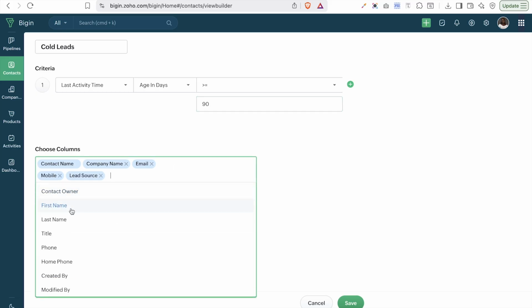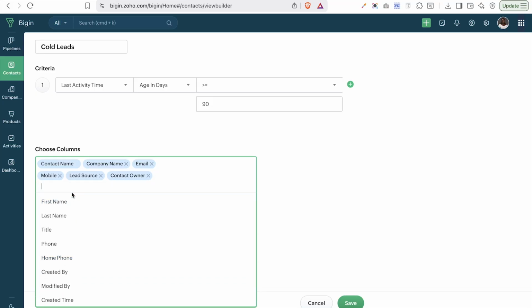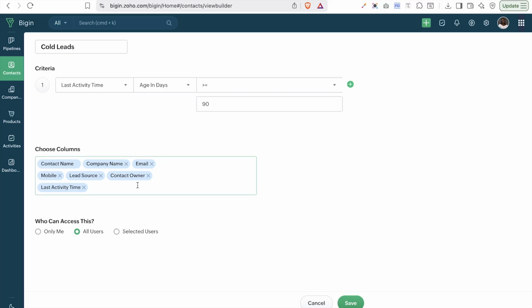So you can say we want to check the lead source, we want to check the owner, because we want to see who is in control of this cold lead, and we also want to check the last activity time. And you can also add other columns if you want. So it is going to ask you who can access this custom view. You can decide that only you should access the custom view, or you can say that you want all the users in your organization to access this custom view, or you can even say we only want selected users to